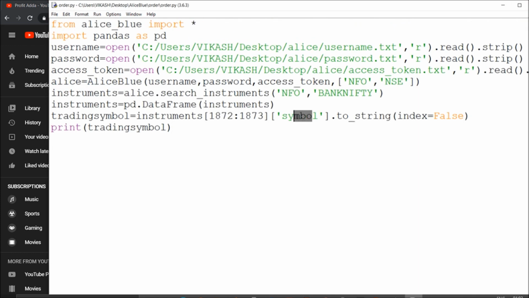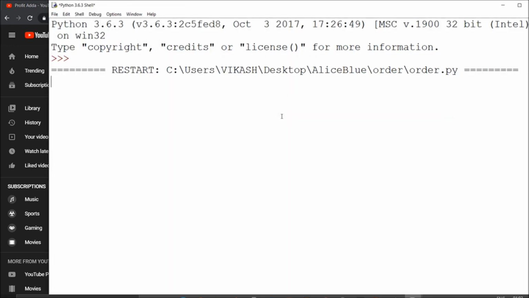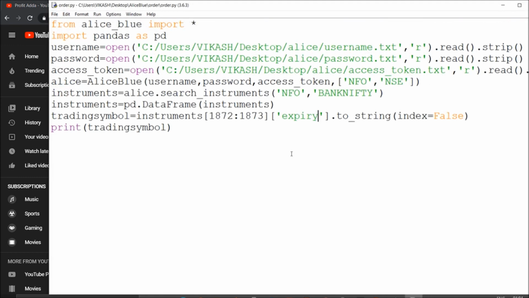If you want to talk about your expiry, you can easily say expiry. So this is the expiry, 29th will be the last day for this trading.